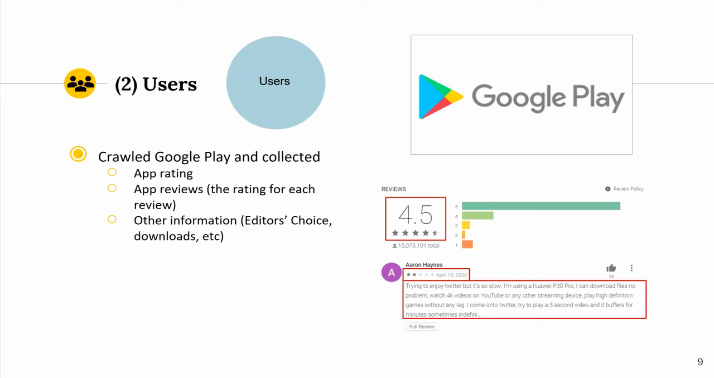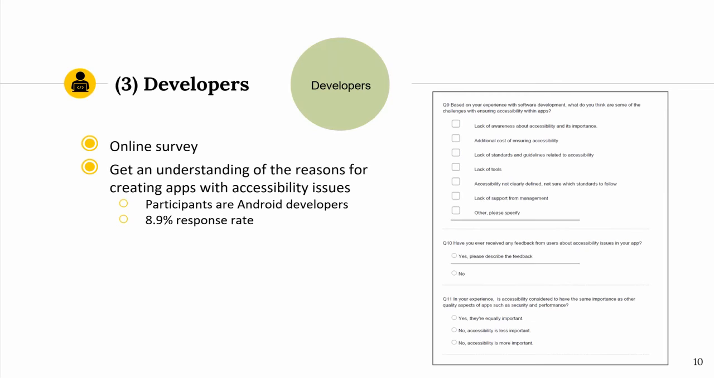And for this, we collected all the reviews for all the apps in our data set, and we filtered the reviews that discussed accessibility. The third perspective in our study is the app developers. So we wanted to get a deeper understanding of why developers create apps with or without